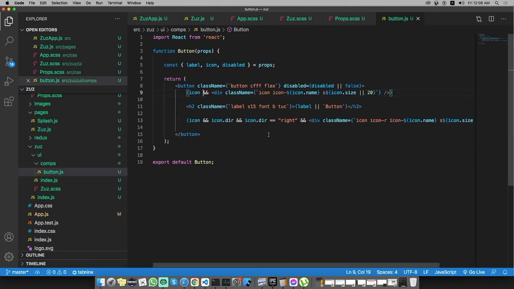And we need to check here if the direction is even added. So we will check for what should we add. We have direction to right, and we should check for icon and